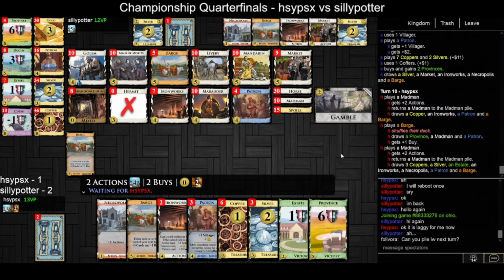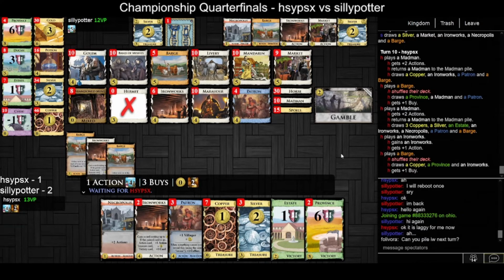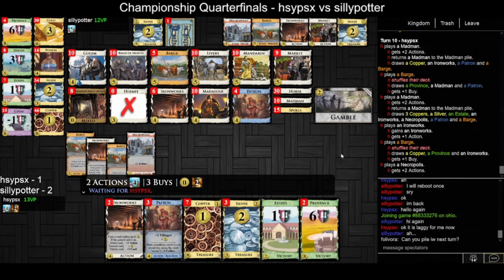6, 12, 18. You have 18 money. I think you have enough money because 20 with the patron. Right here, you get irons for ironworks. You draw with barge. You have these two ironworks, irons for ironworks, and that's 5 left. Then you just gamble through it. Is it enough money, as you were saying? Okay, we're going for it. Alright, so 13, 19, 21 coins. So you need